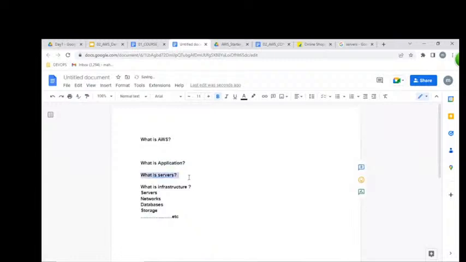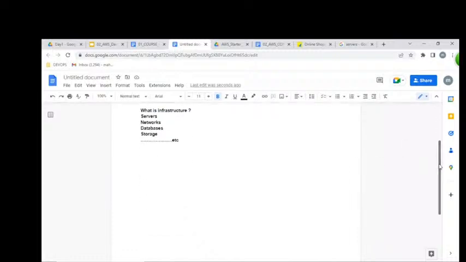Clear? We understood what an application is, and what infrastructure is. But how many ways can we get this infrastructure? We can get it in 3 ways in total.